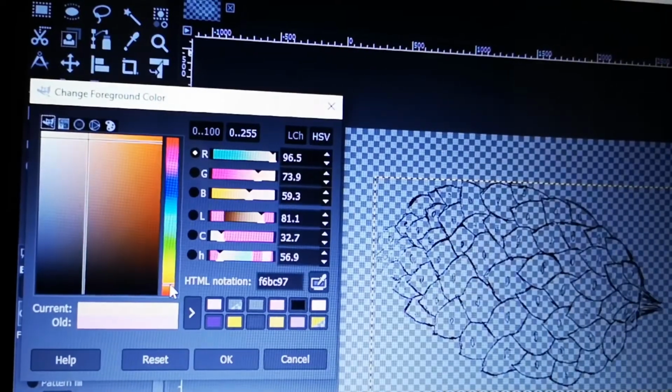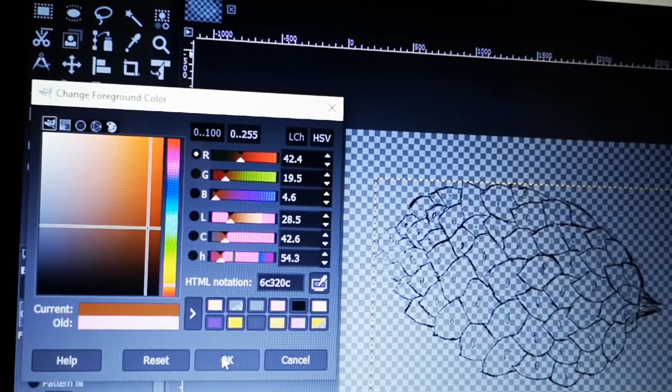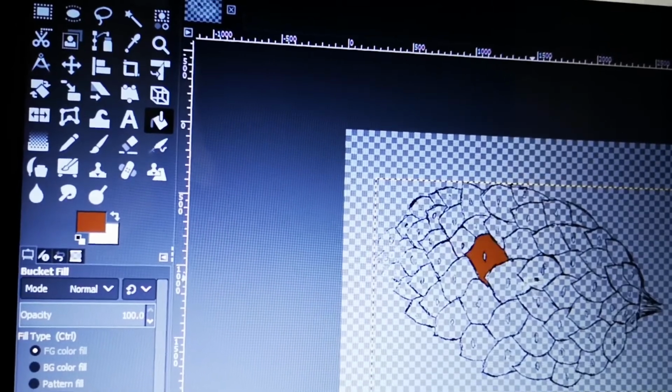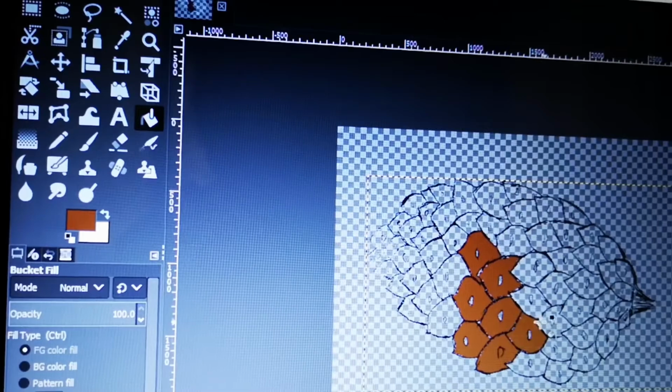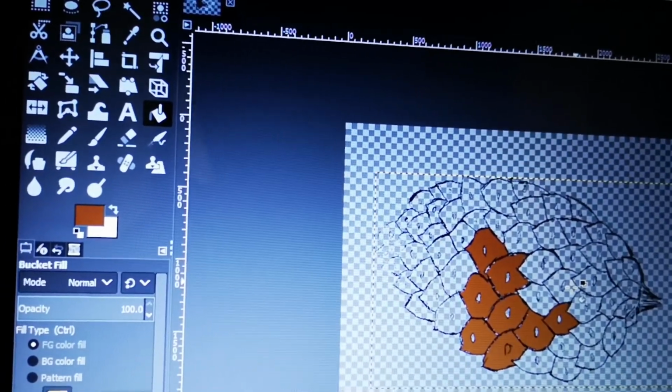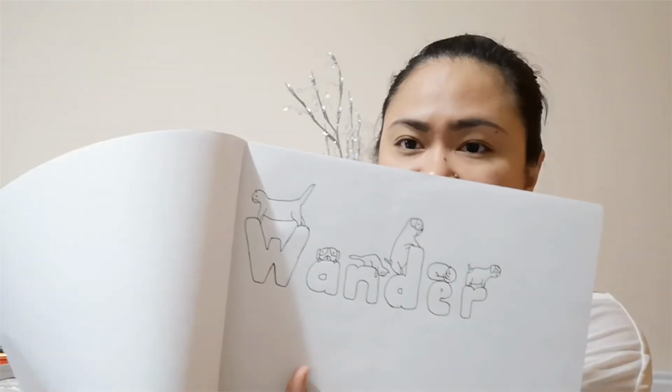And then that's when I use GIMP, where I am able to take the background out and just get the outlines of my drawing, and then I can color it in and change it, design it, do anything I want with it, manipulate the picture so that it's a lot better. So from that,